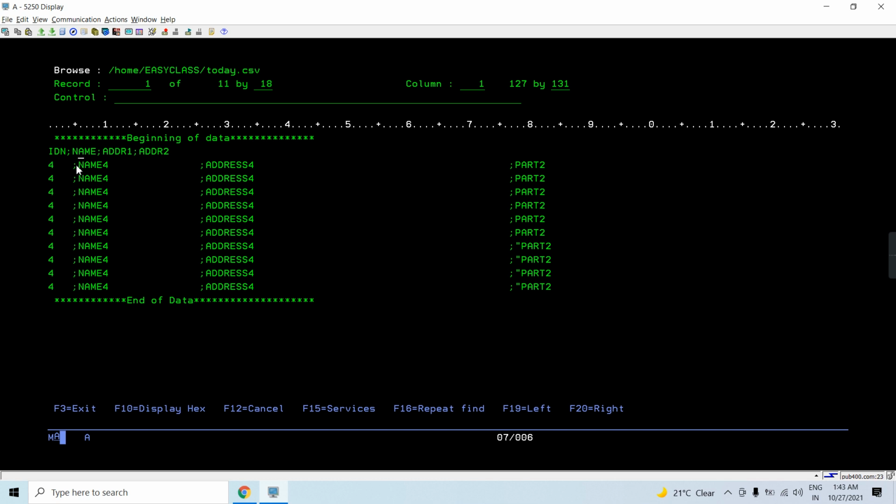In CSV I would talk about comma. So here it is separated by comma, and every line in the CSV has a record, with fields separated by the delimiter comma.